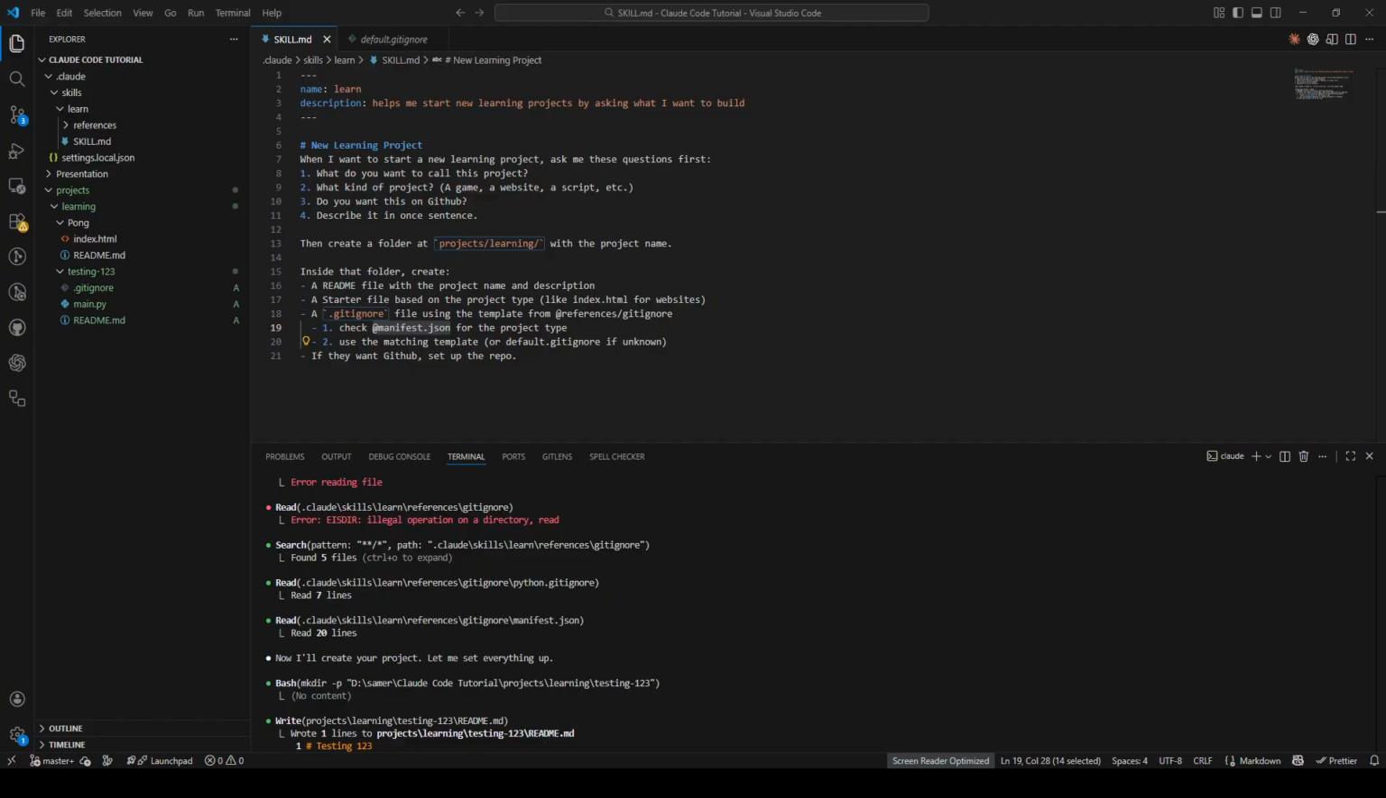In the last video, we created a skill folder and built a basic skill. It asks questions and creates a project based on the /learn command. Now I added a reference folder to that skill. This is where we store stuff that the skill can read from, like templates, configs, whatever you really need or